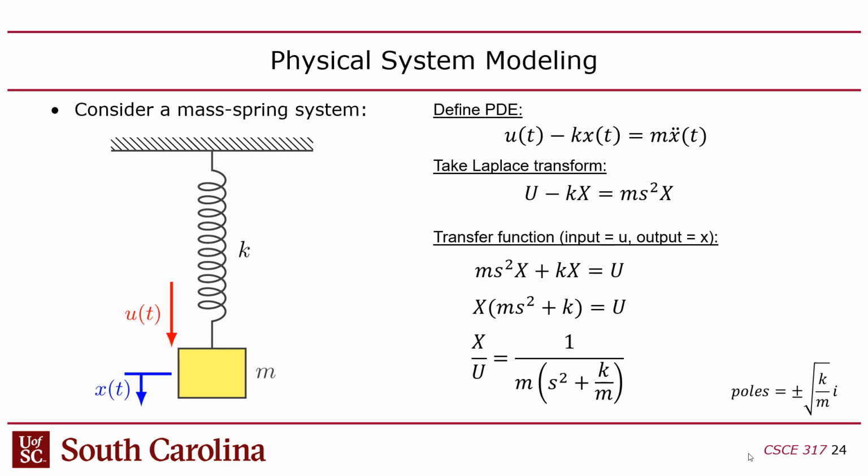So plus or minus the square root of k over m times i, right? So the real part is 0. It's an imaginary number. The real part is 0. It's unstable. Now you might say, wait a second, but it would be stable. If I actually took a mass and hung it from the ceiling, it wouldn't blow up to infinity, right? Why wouldn't it? Well, because in reality,